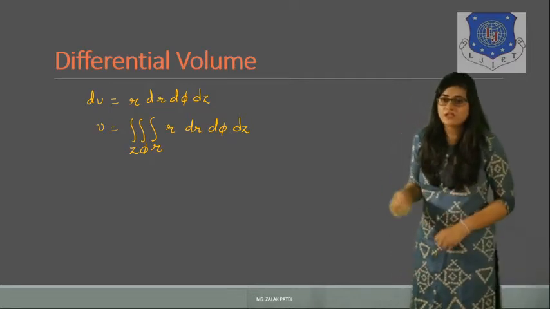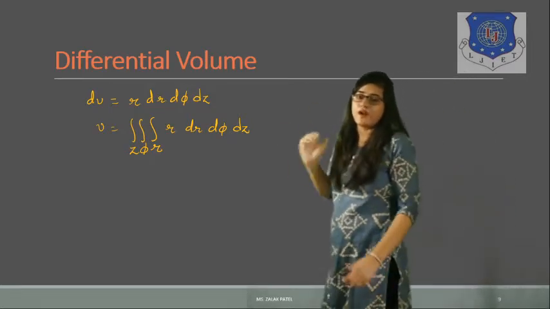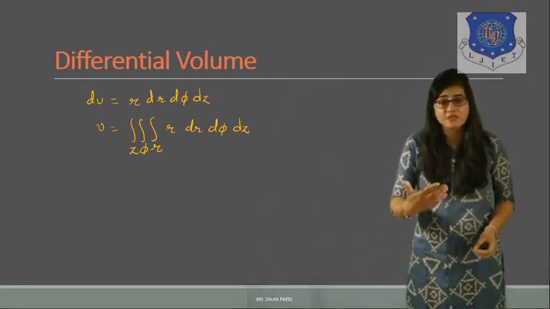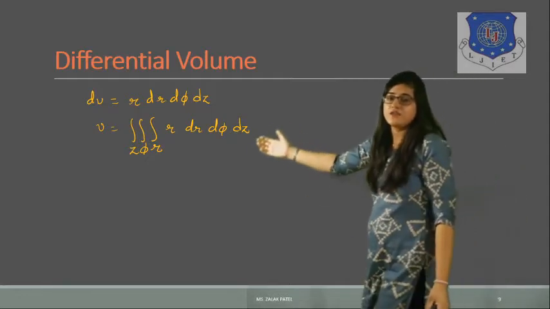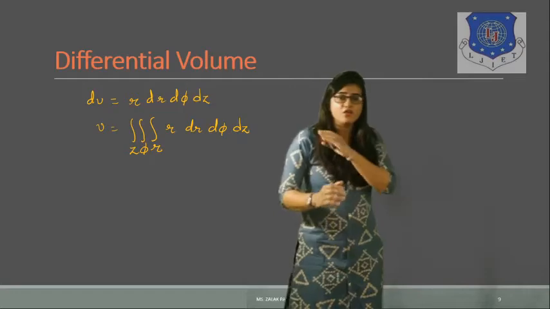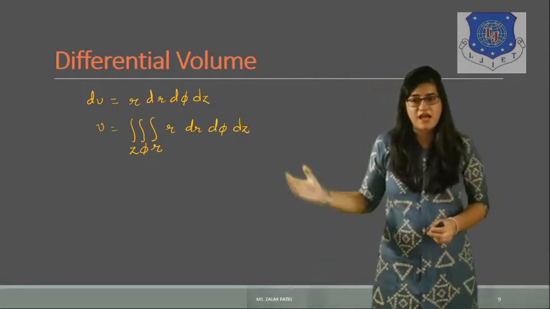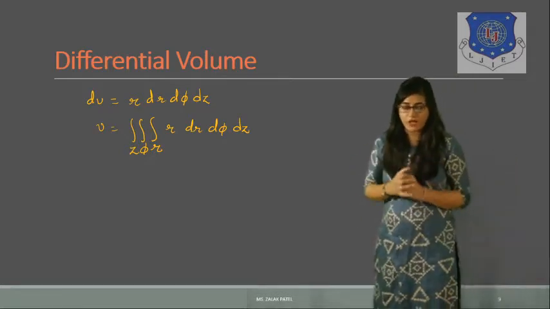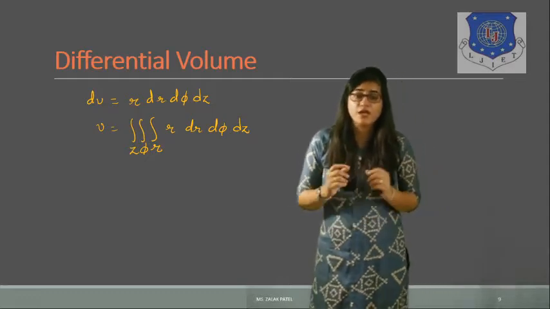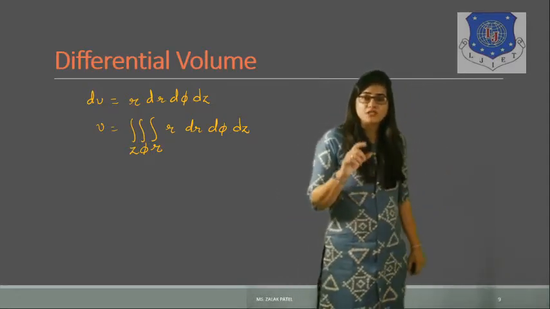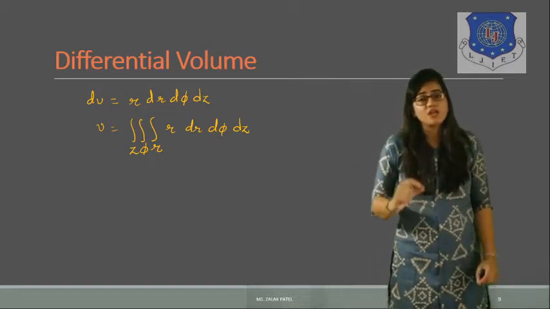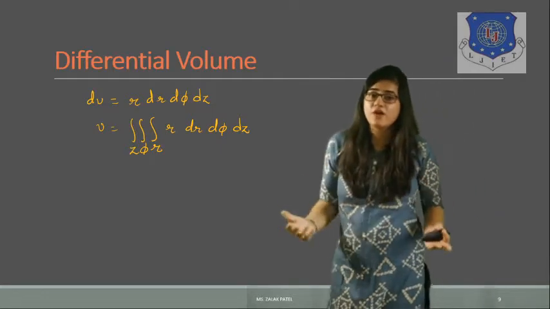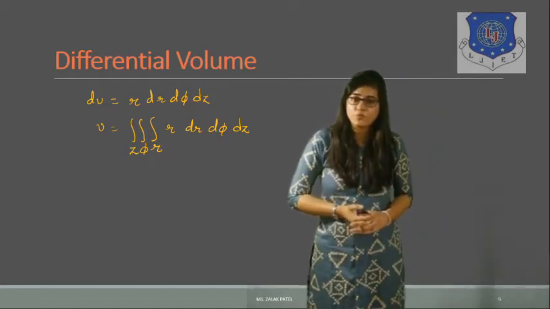If you do the multiplication, then the volume can be calculated by using integration. So the integration will also be of three types: integration over r, integration over phi, and integration over z, over all three differential elements, dr, d phi, dz. Now, in this case, if in the example the limit of phi is not mentioned, then it should be 0 to 2 pi, because it contains one unit circle, and a unit circle has a limit 0 to 2 pi. So if the limit of phi is not mentioned, you should take it from 0 to 2 pi.